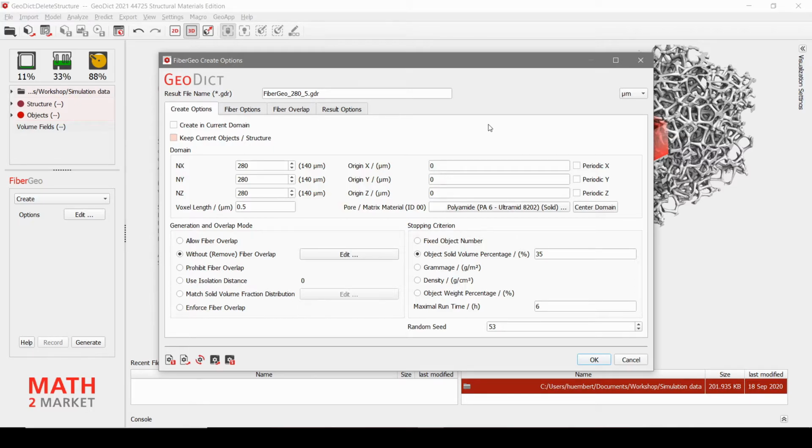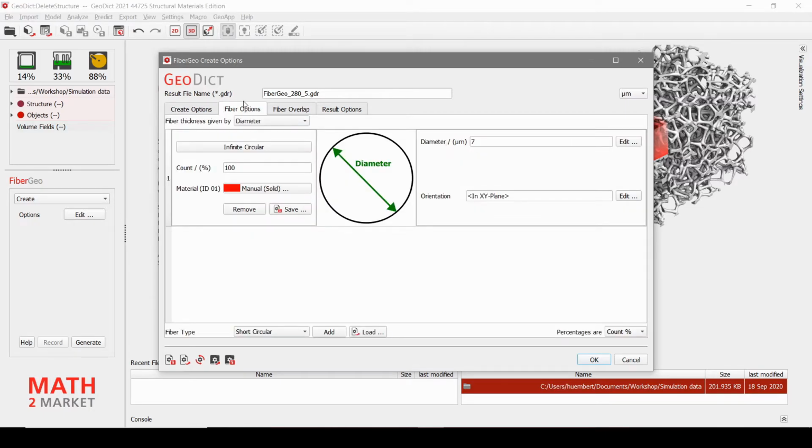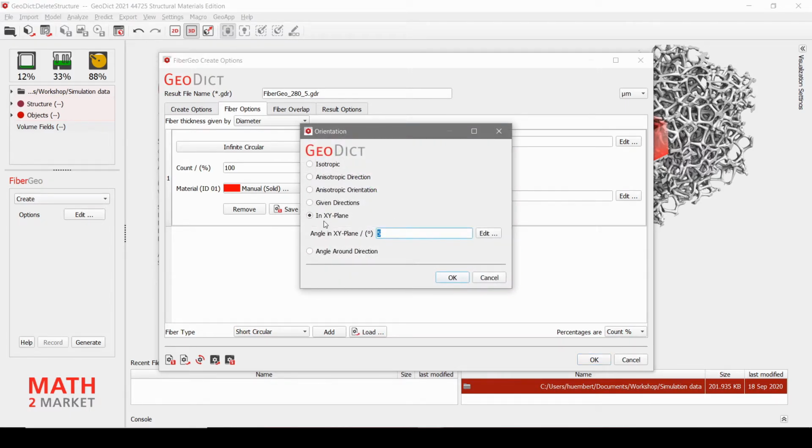And we will make one change, and that is that we change the number of voxels in x direction to 1 voxel. When you see the structure later on, I'm going to explain to you why we do that. We do not change the fiber options except for the orientation. There we go back to 0 degrees.